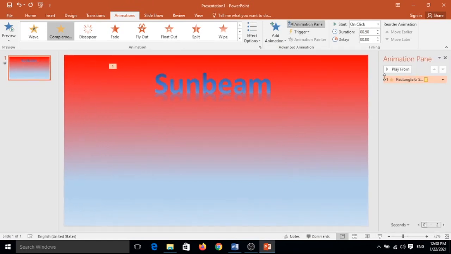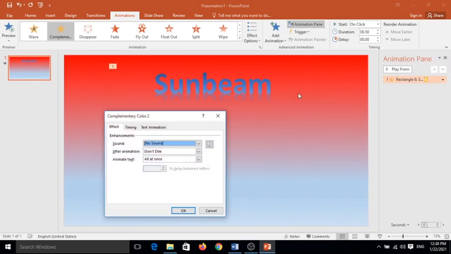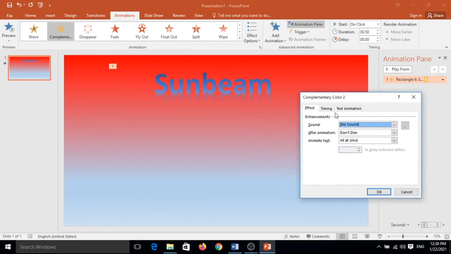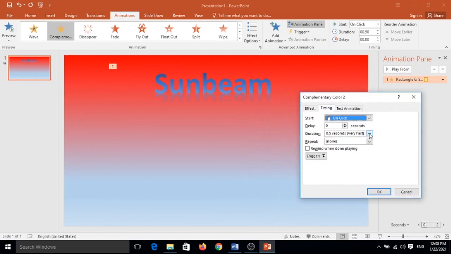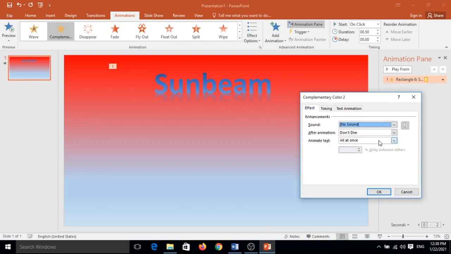Animation pane, and double click on it to open property and timing, very slow, with previous and until end of the slide, and effect is add later, and delay 15%.